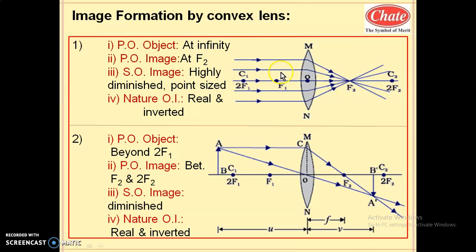Now draw the rays which are incident parallel to the principal axis. This shows the light is incident from the infinity. On refraction, these rays converge at a point, the focus. So how to draw these lines? See here. These straight rays you have to take up to exactly the middle or center line of the lens. From the center line, you have to align the scale with this point and the focus, the 9 centimeter mark of your scale, and extend it.